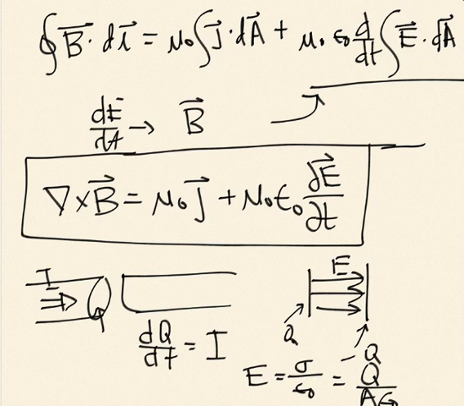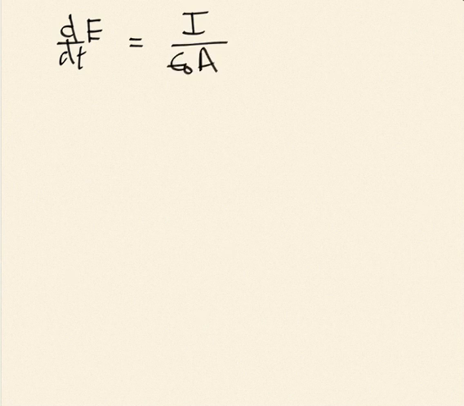Okay, sorry, let me go to the next page here. And so if I look at dE dt, what I find is that it's equal to I, so dq dt, over epsilon naught A. Okay? All right, and again, I have Q over epsilon naught A. I take the time derivative, I get an I on the top because of that. Okay? And so now, if I look at my Ampere's law in this case,